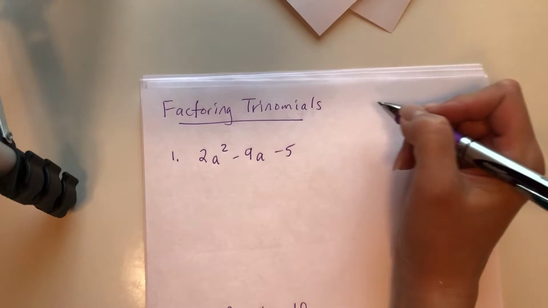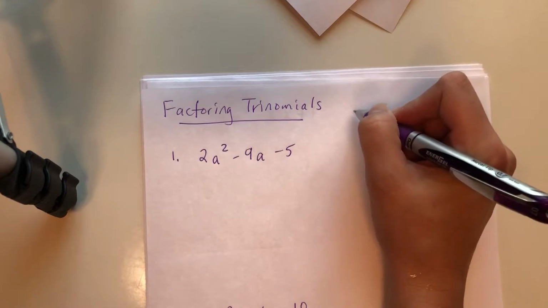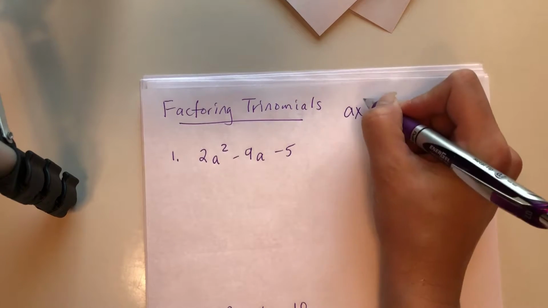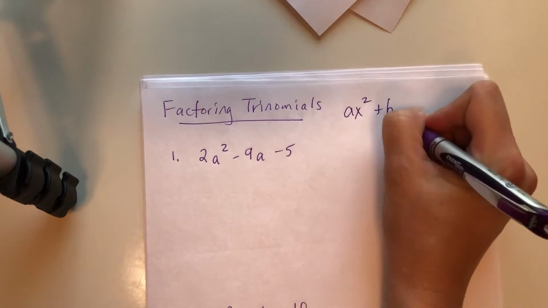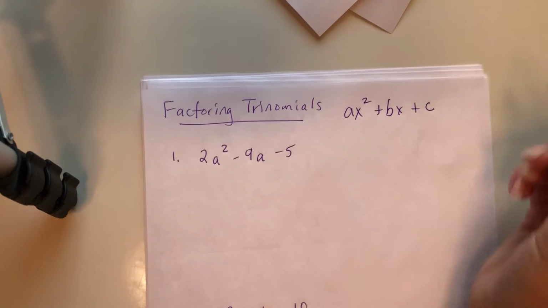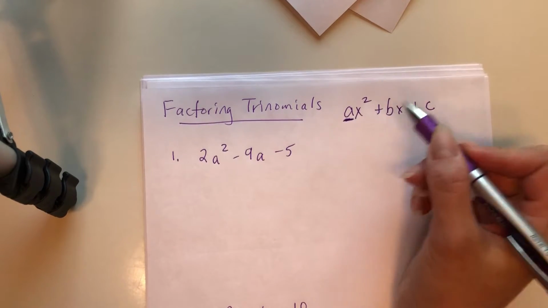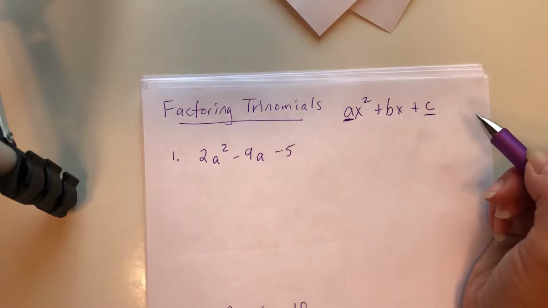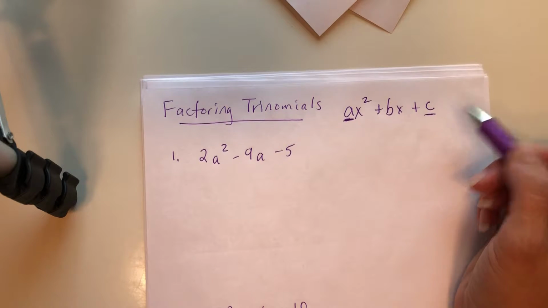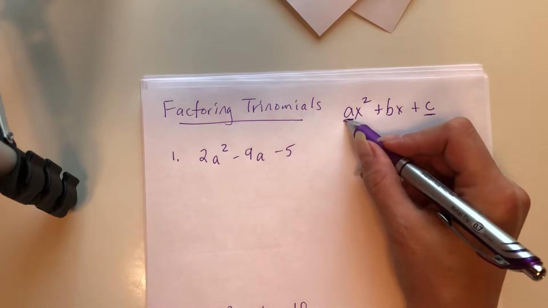In this video, I'm going to do 3 examples of how you can use the grouping method to factor trinomials. Before we do this, just a reminder that trinomials will be written in the form ax squared plus bx plus c. And we are going to be looking at the coefficient of the x squared, which is the a, and the constant c. This is called the a times c method, so we're going to multiply